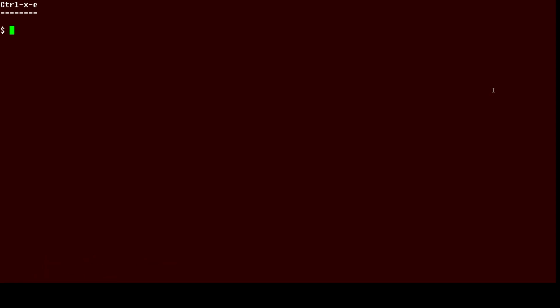In this Linux tip, we're going to look at the Control-X-E sequence. What this means is holding down the Control key while you press X and then E. What this does is take the command that you've just entered on the command line without yet hitting the Enter key and open it in a text editor. If you already pressed the Enter key, just hit an up arrow and you'll be back at that command again.